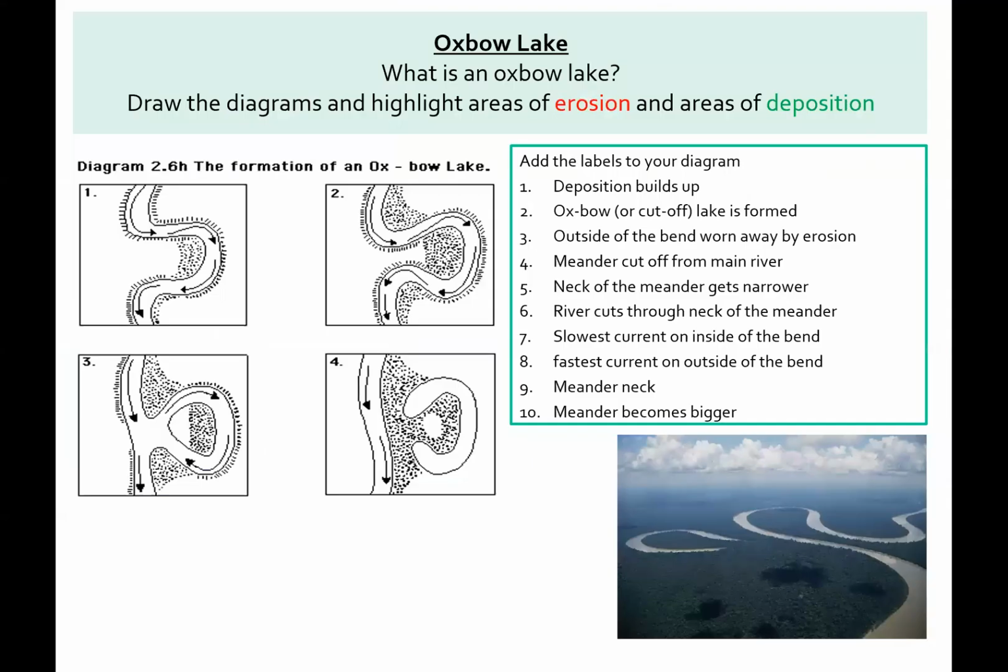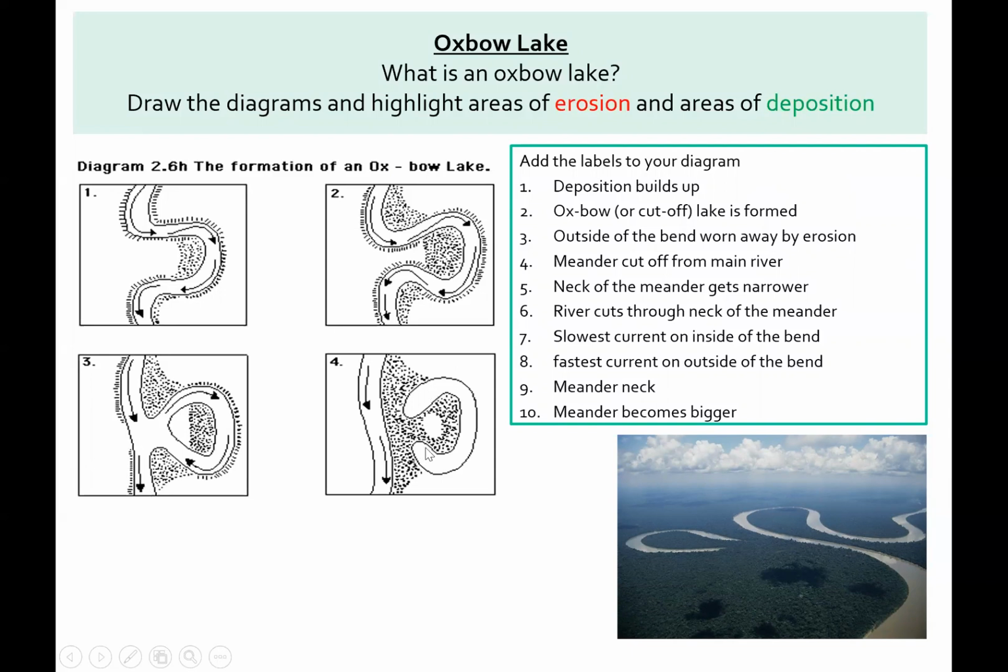We're now going to look at what that meander turns into. So it turns into an oxbow lake. And all it is, it's a horseshoe-shaped lake here that used to be a meander of the river, but it's been completely cut off. So I'd like you to have a go at drawing this sequence of 4 diagrams, just showing how that meander starts to bend more, meander more, until eventually the river cuts all the way through and that bend gets cut off,